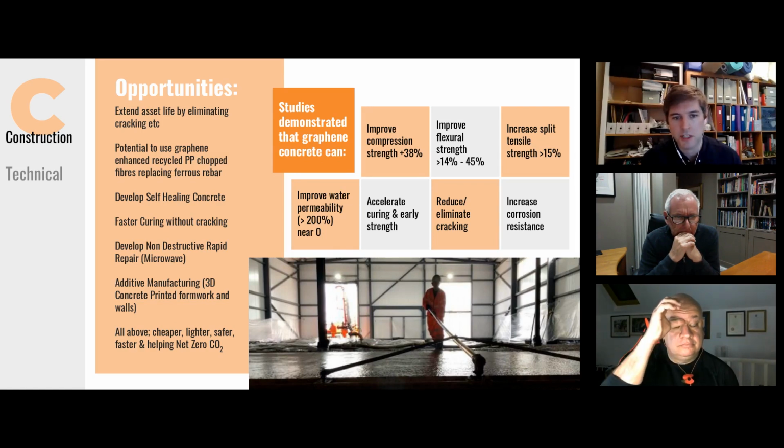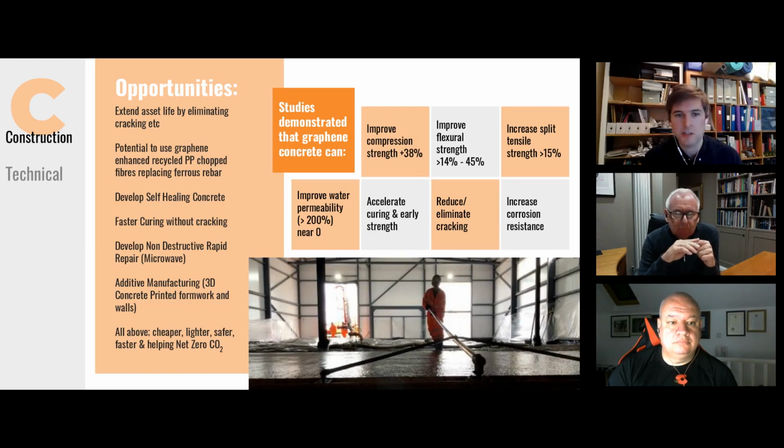So one of the key challenges in the industry is that because it's a chemical reaction taking place, giving out heat, concrete's got a very poor thermal conductivity. So what happens is you get localized hotspots that lead to cracking of the structure. And we've been really pleasantly surprised to see that with graphene, we get significantly reduced and, in cases, no cracking at all, which means no top coat, improving the corrosion resistance and overall reducing the costs of some of these